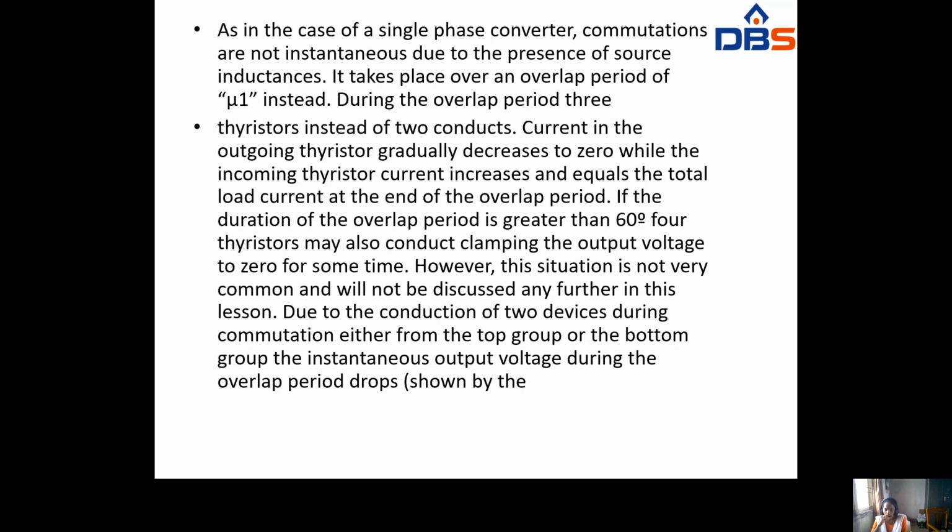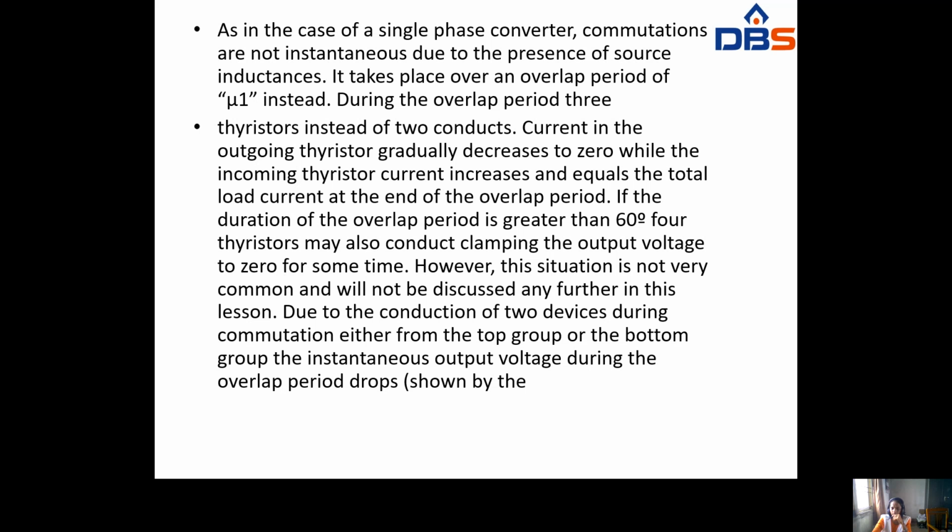Current in the outgoing thyristor gradually decreases to 0 while the incoming thyristor current increases and equals the total load current. At the end of the overlap period, if the duration of the overlap period is greater than 60 degrees, 4 thyristors may also conduct, clamping the output voltage to 0 for some time. However, this situation is not very common and will not be discussed any further in this lesson. Due to conduction of two devices during commutation, either from the top group or the bottom group, the instantaneous output voltage